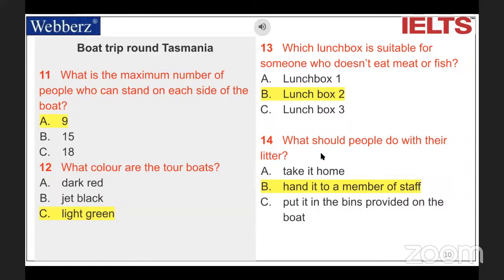They used to be jet black, but our new ones now have these comfortable dark red seats and a light green exterior in order to stand out from others and help promote our company. This gives our boats a rather unique appearance, don't you think? We offer you a free lunchbox during the trip, and we have three types. Lunchbox 1 contains